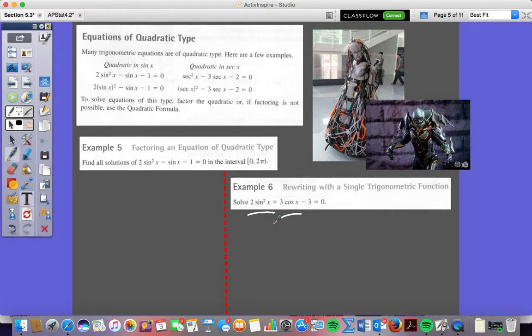Keep going. Was it cosecant? Or no? What are you trying to get it in terms of? Yeah. We're trying to get this to match up to cosine, right? How do we do that? Elijah, I saw your hand earlier. 1 minus cosine squared. Bingo, that's it. Sine squared is the same as what? 1 minus cosine squared. So what we can do is sine squared can literally have 1 minus cosine squared put in